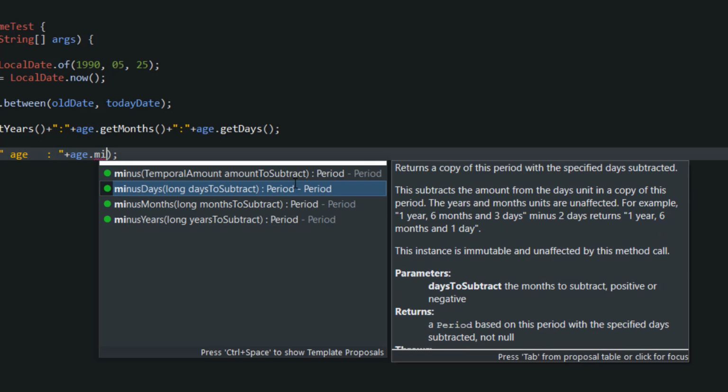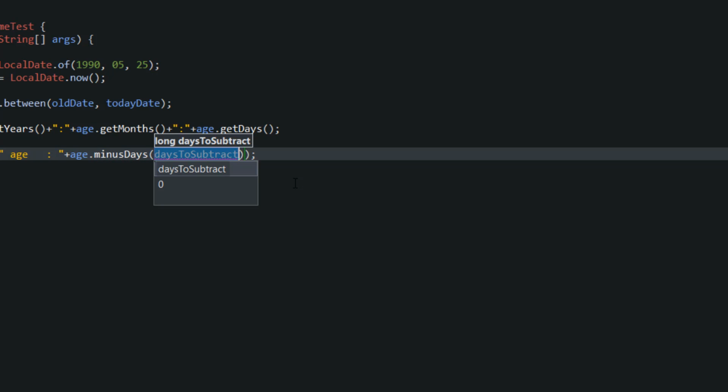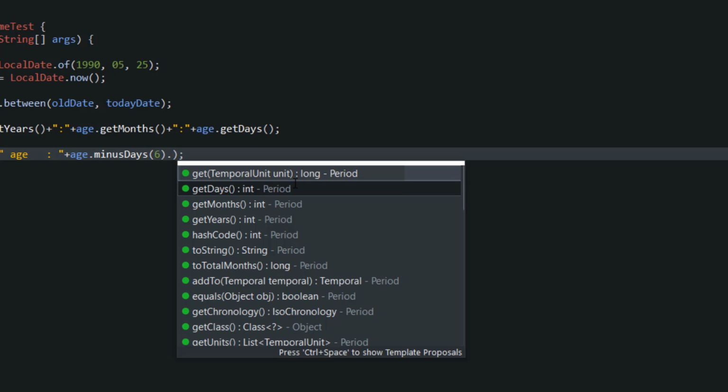Let's use minus days. Previously we have seen 30 years, 11 months and 18 days, and I'm going to subtract 6 days. Now let's get days.